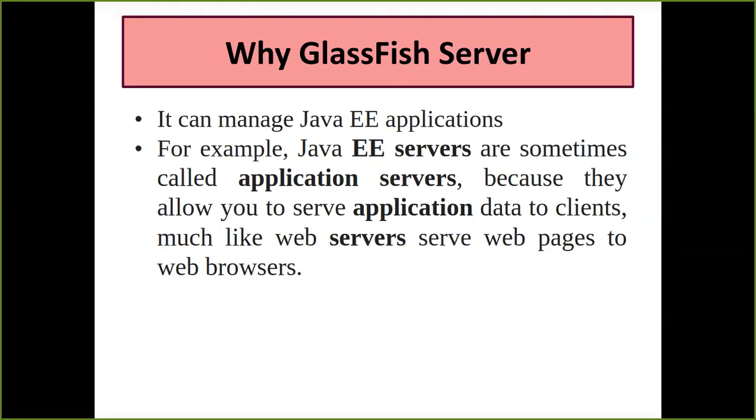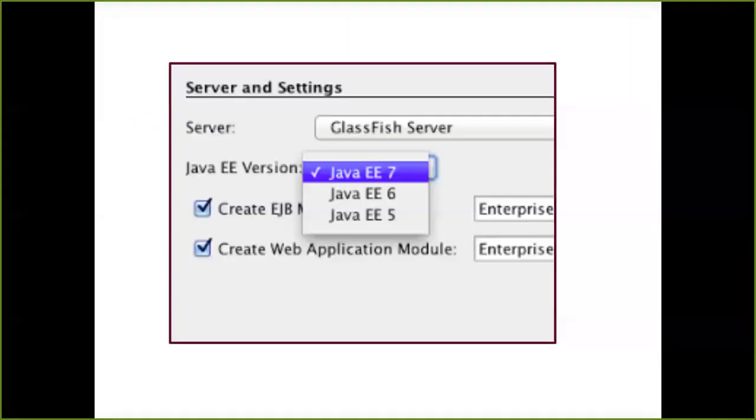So what you can do is use the application server or an enterprise edition server. Either name you can give to these Java EE servers. So either EE servers or application servers are being used. Why are they used? To serve application data which the client is requesting from the server, and that is served by your web servers in the form of web pages to your client through interfaces like your web browser. Okay, now this is something you're going to perform in practice. Right now I'm not giving any type of interfaces to you.